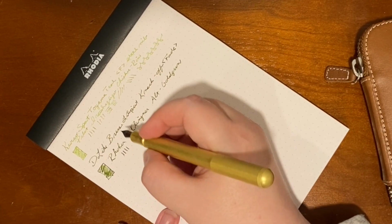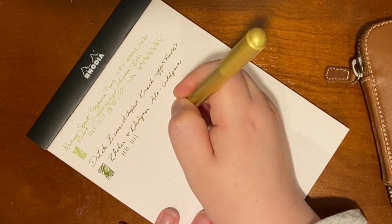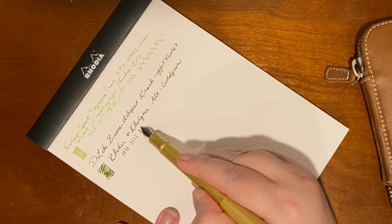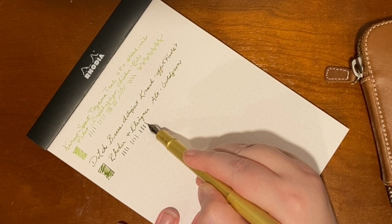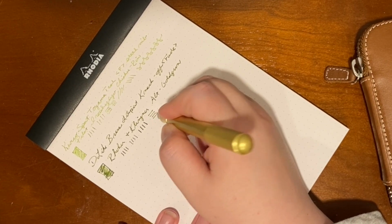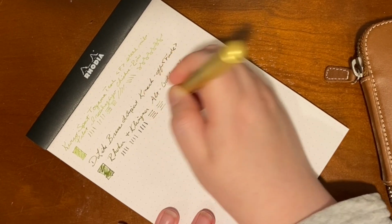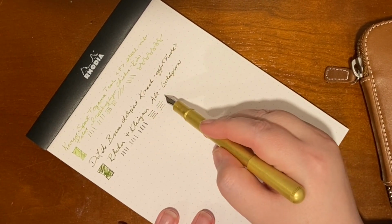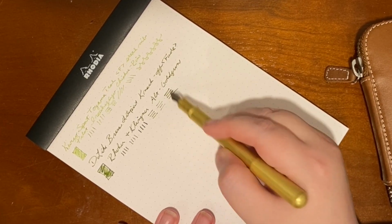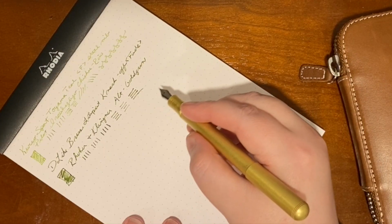So with Fude nibs, the higher up you take the pen, the skinnier the line, and then the more horizontal you take the pen, the wider the line. And you're gonna see the most variation in the sideways. So this is kind of my standard angle most of the time. This is high angle, look at how skinny that is. And then, so there, you see there is variation, but it's a lot less than what I had experienced